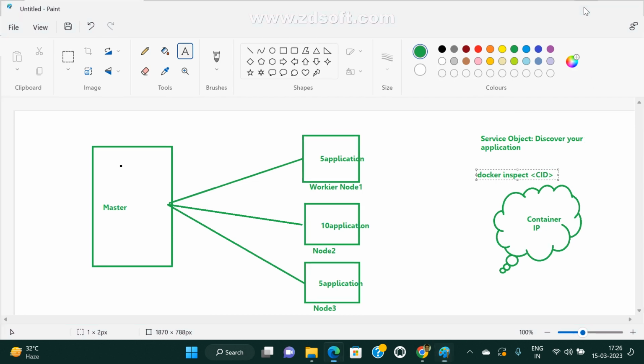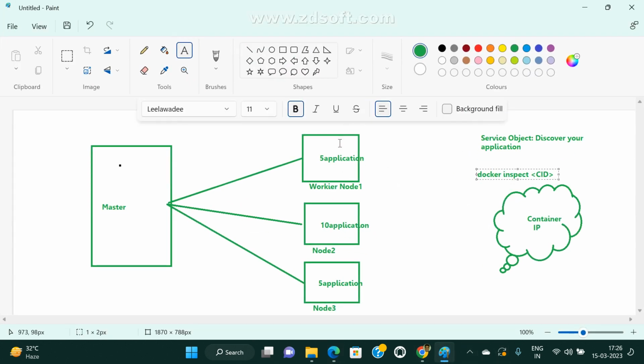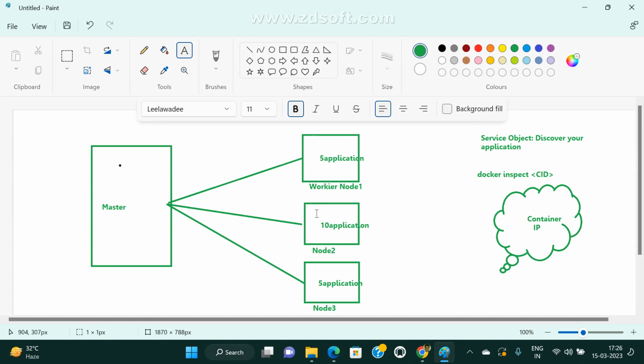In the same way, if we come to Kubernetes, for networking and communication I am going to create multiple containers, and Docker is running here, here, and here. How are these connecting to each other? By default, Kubernetes connects all of them to each other, so you don't worry.